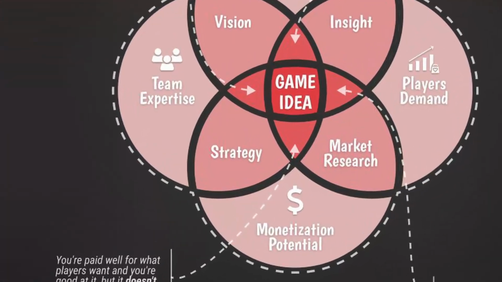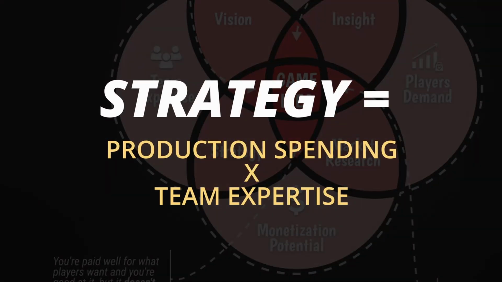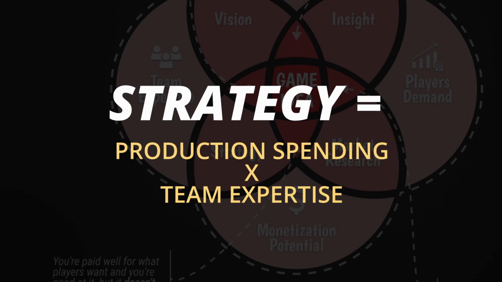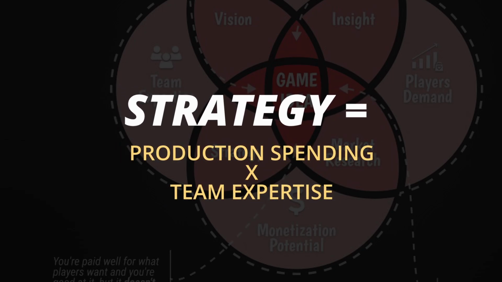If your game has monetary potential, you want to keep your production costs as low as possible so that you fall below the estimated revenue and your game is profitable. To determine how much your game would cost to make, we need a strategy. Overlapping team expertise and monetary potential is strategy, because we need to estimate the time and costs involved with production and see if you can leverage your team's knowledge in this game idea's development.